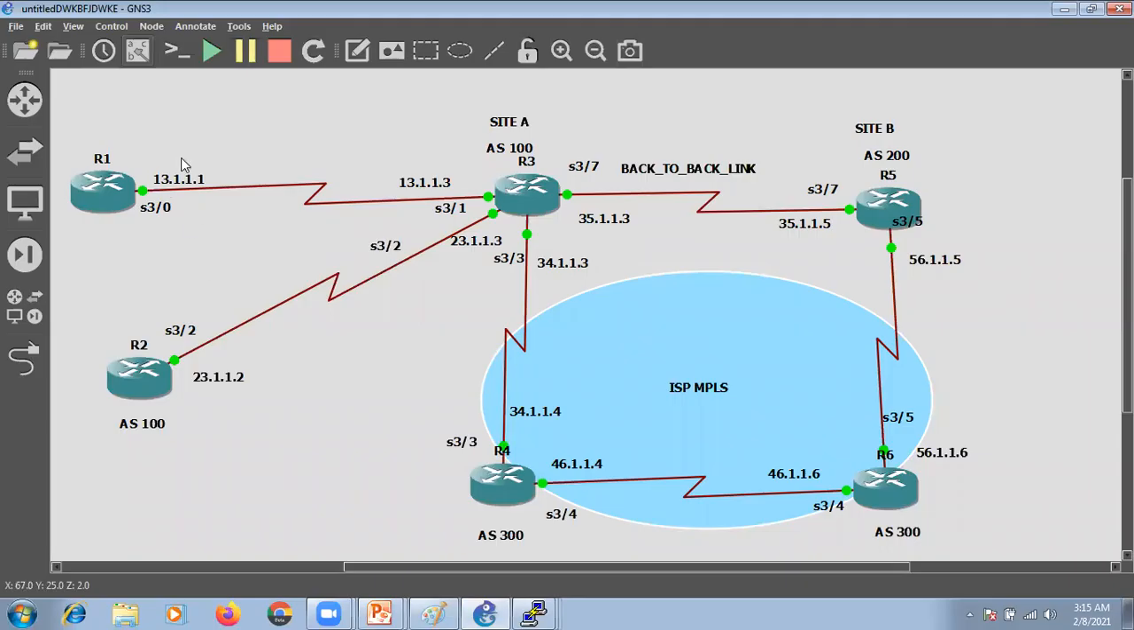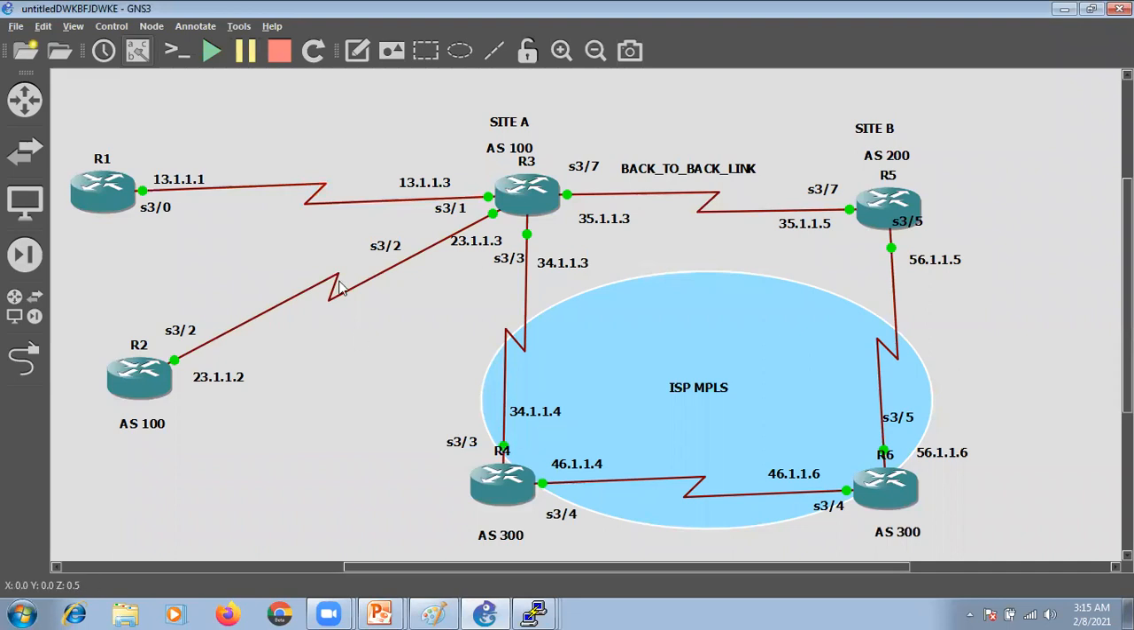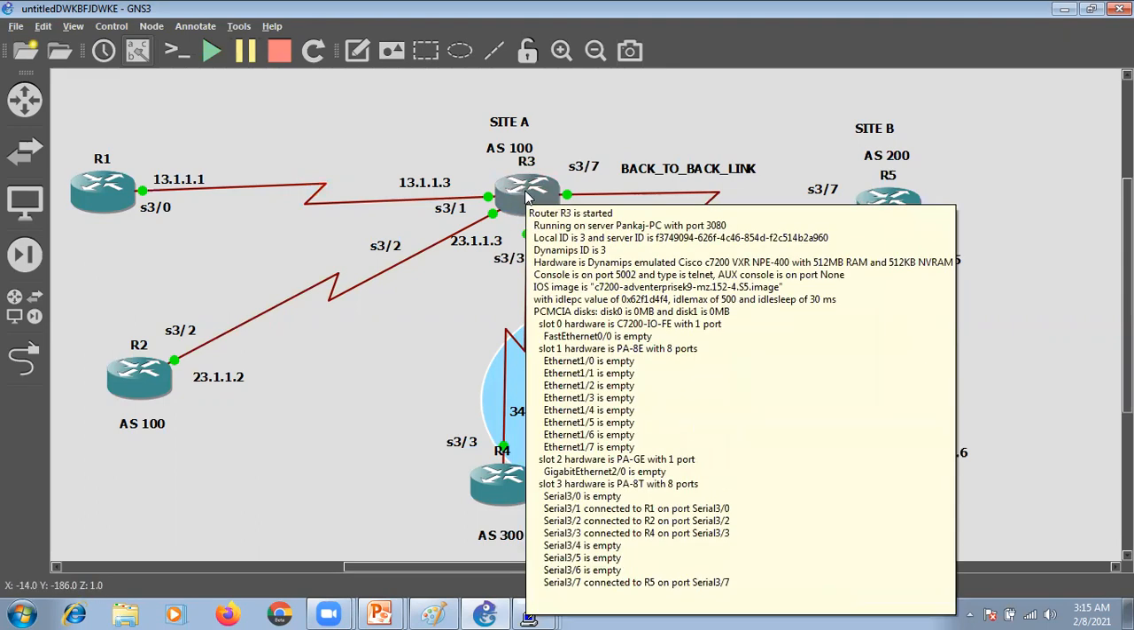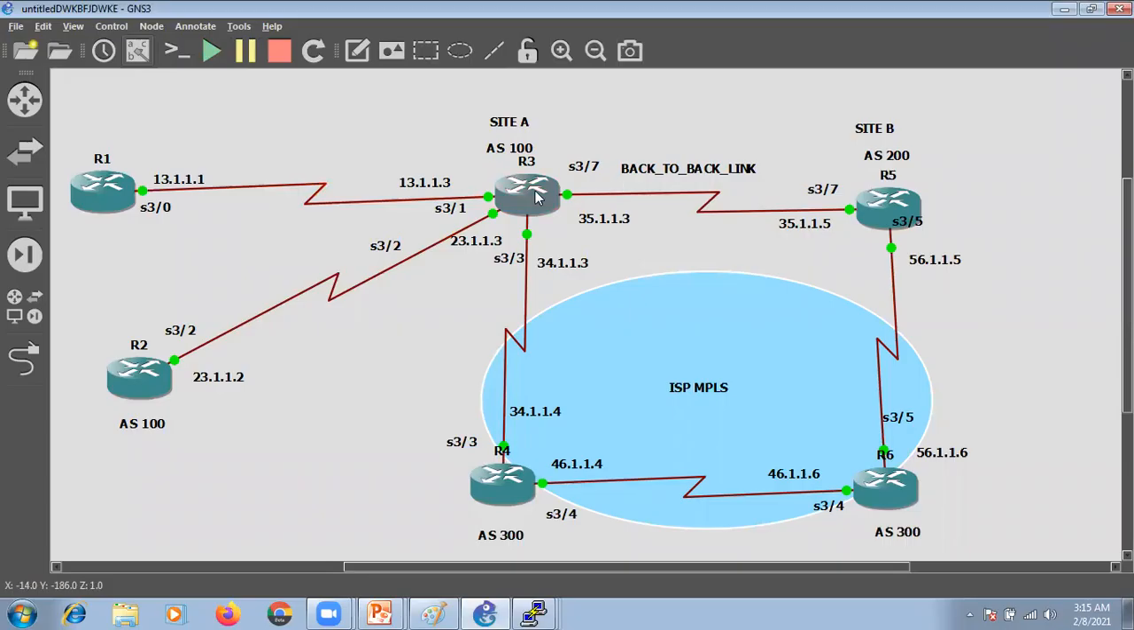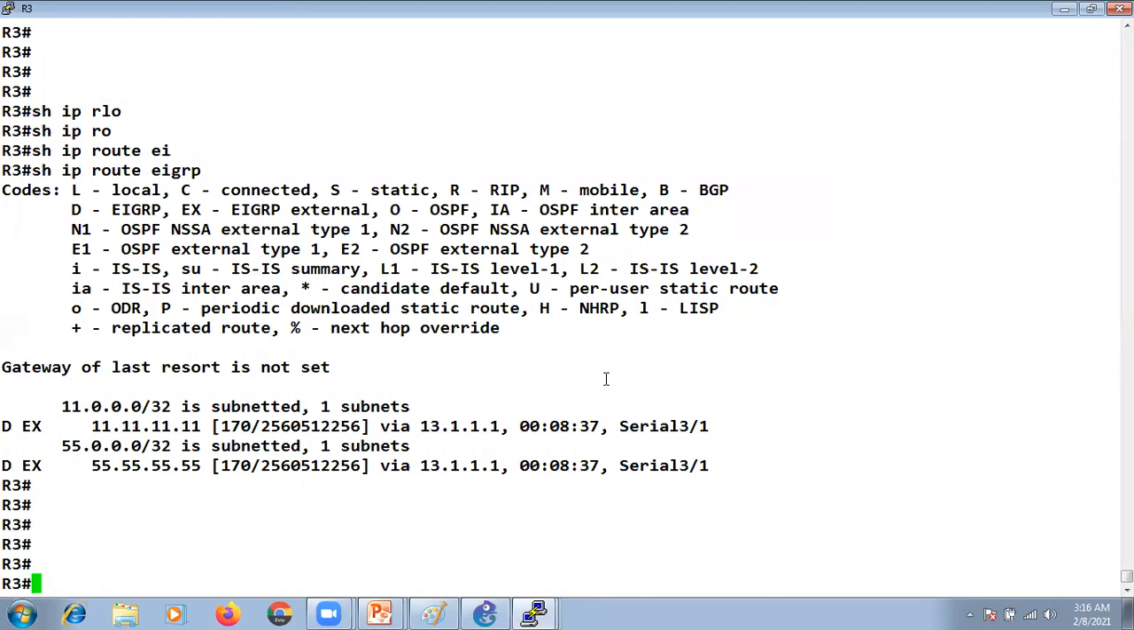That is because we have redistributed these routes. R1 is advertising them into EIGRP, and we are receiving them as external routes. That's why the AD value is 170. Now, on the site A customer router R3, let's advertise these routes so that they can reach site B via the ISP MPLS network. So if I go to R3,